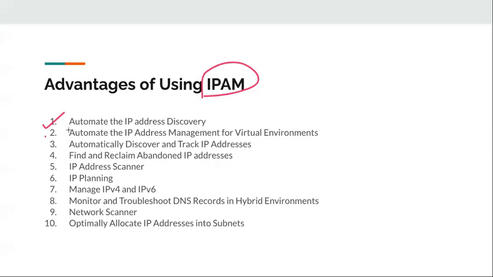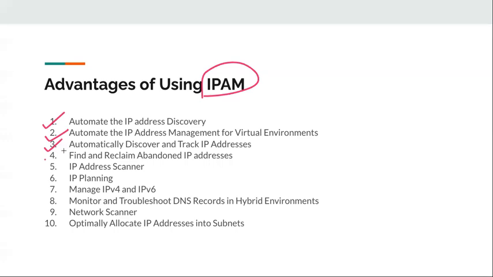It can automatically detect the IP addresses even in your virtual environments where you are creating machines virtually and then assigning the IP address, whether it's DHCP or some other mechanism. It can automatically discover and track all the IP addresses, even for the virtual machines which you are creating, and find and